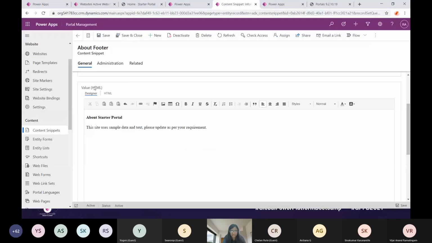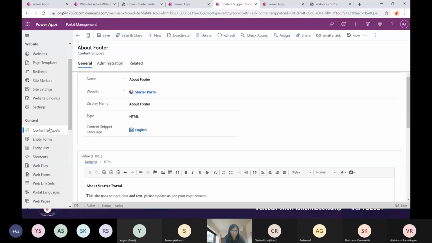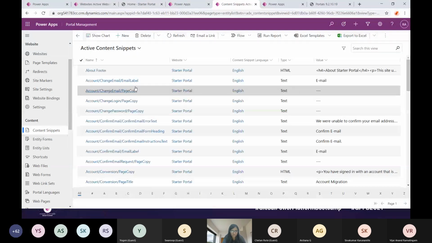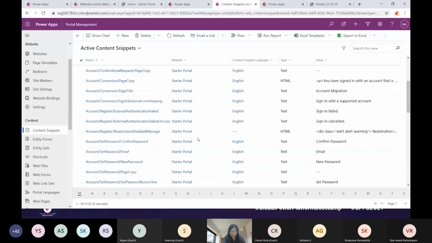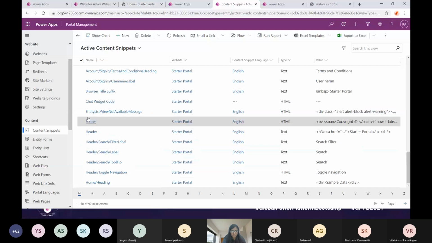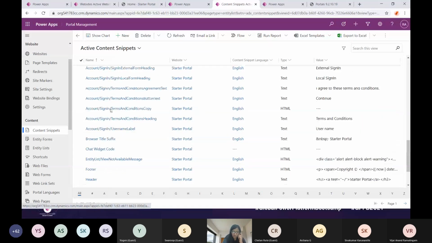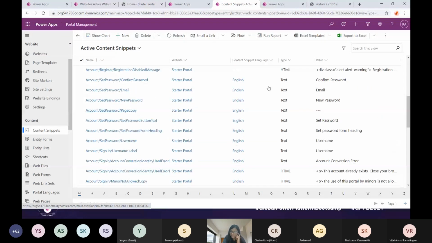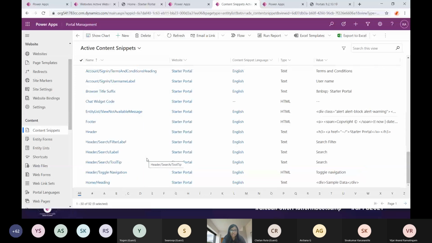But if you make these changes in the content snippet, you'll be able to access those. And not just for the footer, there are certain, again, out of the box available, which are used in header, footer, and even the title of these pages. So for those, the content snippets are available by default, and you can create any new content snippet anytime.